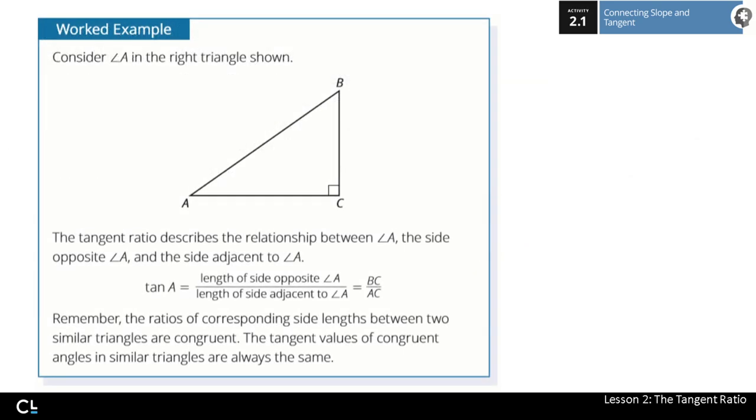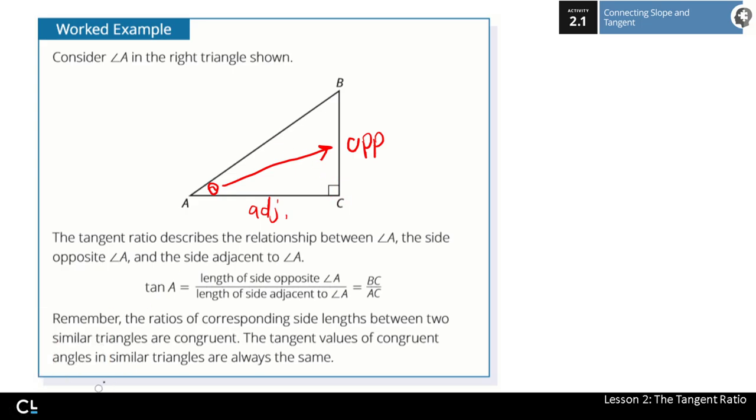So if we look at this example here, we have this triangle ABC, and they're saying consider angle A in the triangle shown. So this is our reference angle. Sometimes you guys are going to see they'll put this little symbol like this, right? That's called theta. It's a Greek letter. So that just means that's our reference angle, which means then we draw that line across. This is my opposite side. This is my adjacent side because it's right next to our reference angle, and then across from my